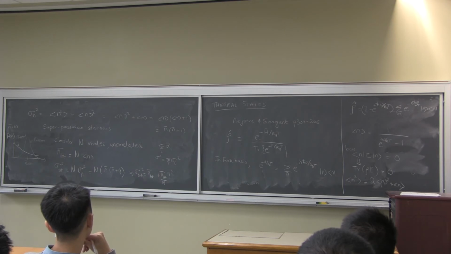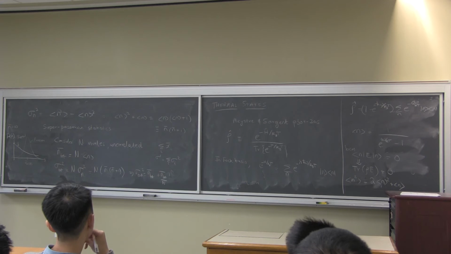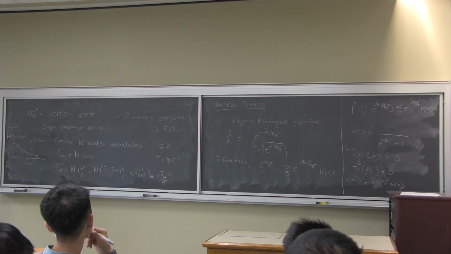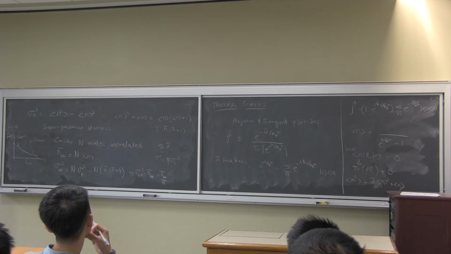Anyway, we can figure it out if I made a mistake. It's definitely of this form. Maybe I'm missing some squares there somewhere. The idea is that that last term will have 1 over N in it, and that will go away to 0. So the point of this is that when you have N independent modes, even though each individual mode